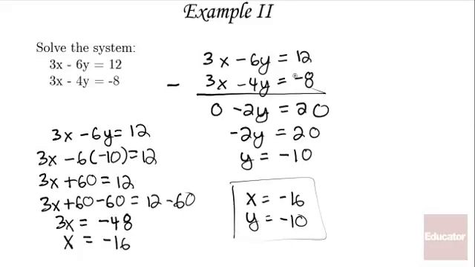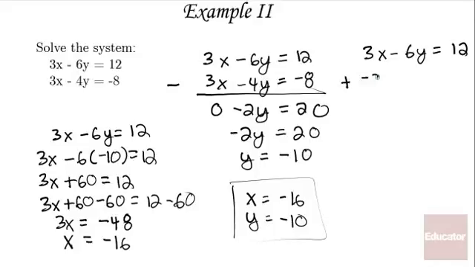Just going back to this point of subtraction for a minute, because like I said, a problem is that people sometimes forget to reverse the signs and they miss it. So another way to handle this, instead of just leaving it as subtraction, is to convert to addition. So if instead of saying 3x minus 6y equals 12 minus 3x minus 4y equals negative 8, what I'm going to do is instead add the opposites, or multiply by negative 1. So this is the same as saying